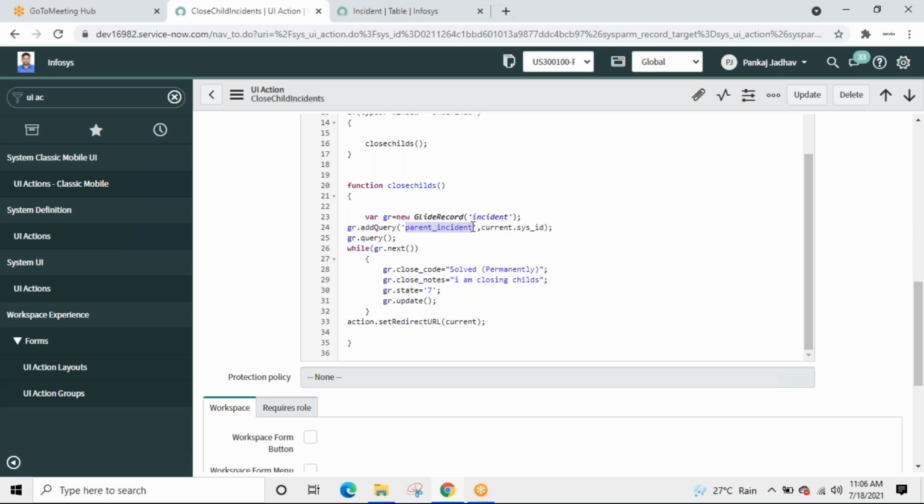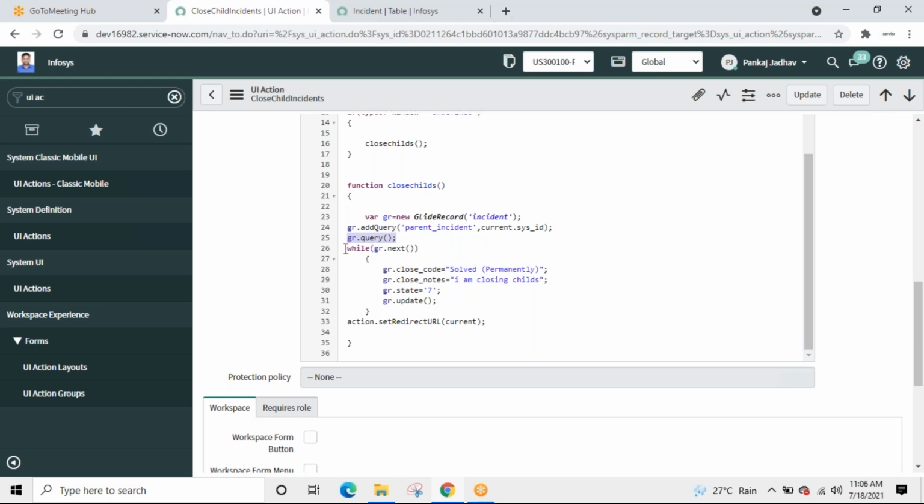So all the child incidents, there are 10 to 12 child incidents. The search will be narrowed down and those 10 incidents will be there in the glide record, and then query it. So all the 10 records get in the buffer, in the glide reference object.